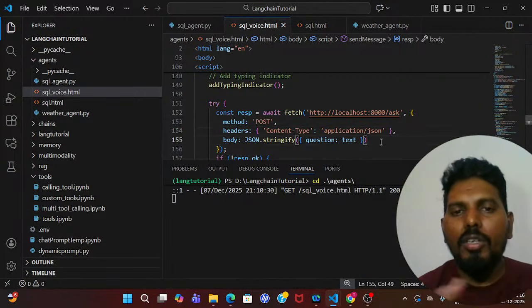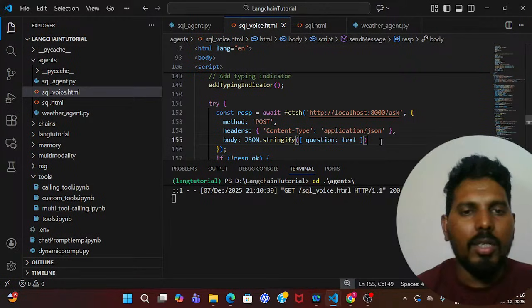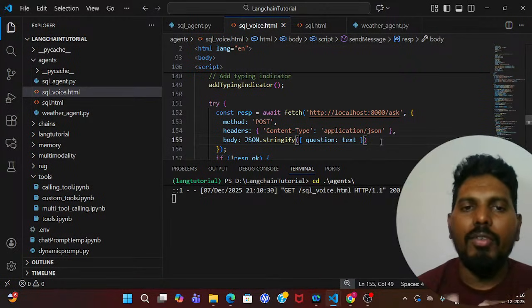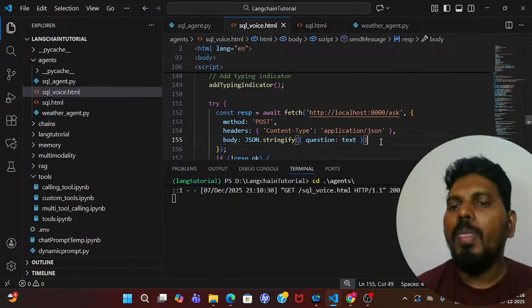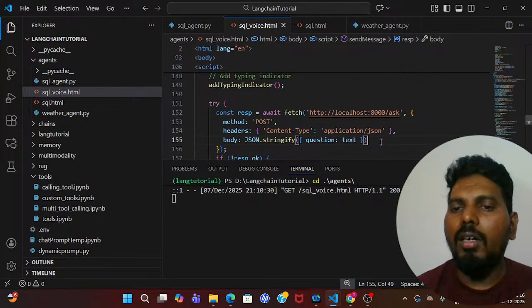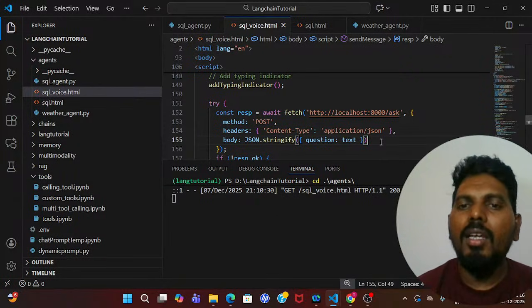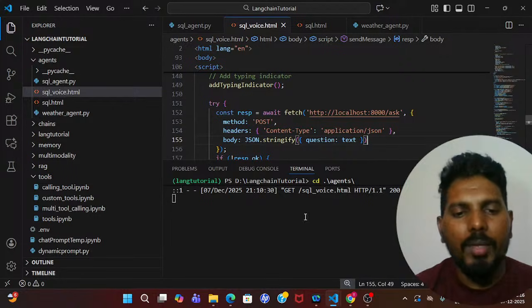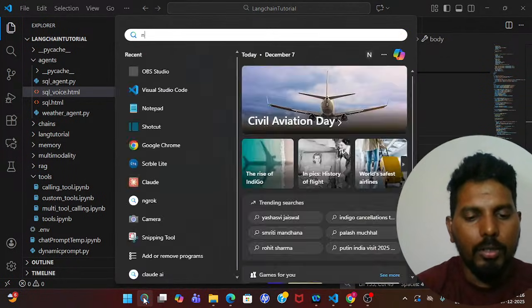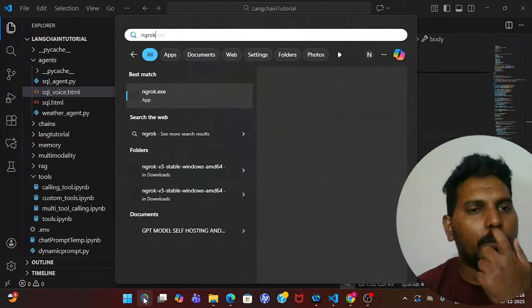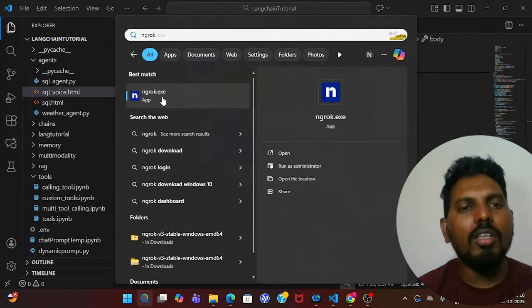Since I'm not going to host it in AWS or Azure or GCP, I will use a separate software called ngrok. Using that, I'm going to export this to the outer world so that anyone can quickly consume my API, right? So let me do that quickly. For that, you need ngrok. If you don't have ngrok, what you can do is